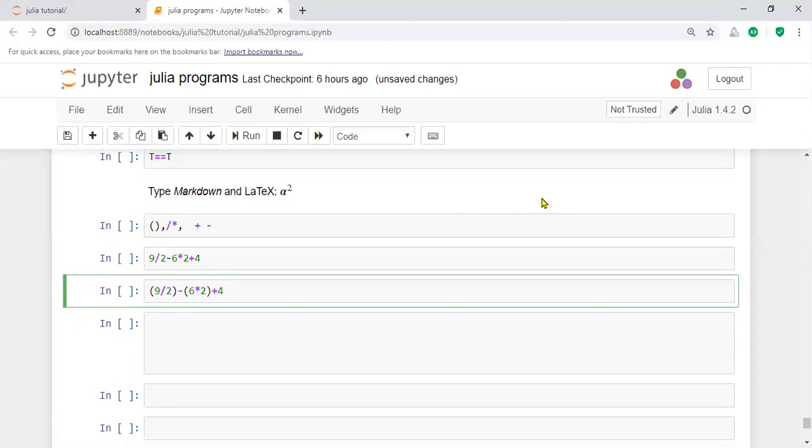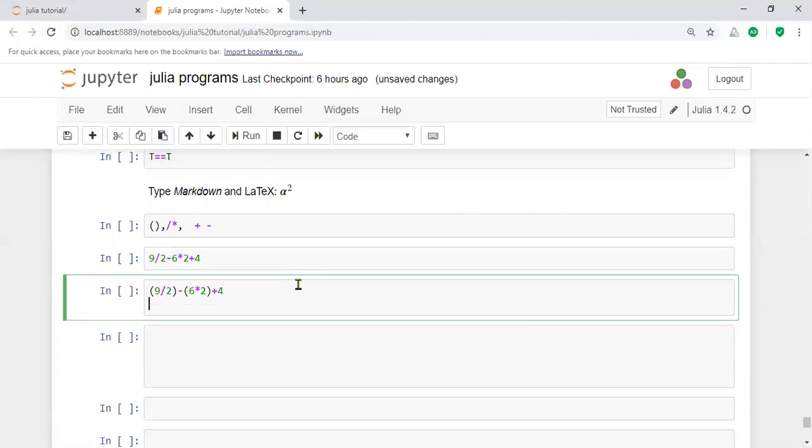So what is the value of 9 divided by 2 is 4.5, minus 6 into 2, in the sense 12, plus 4.